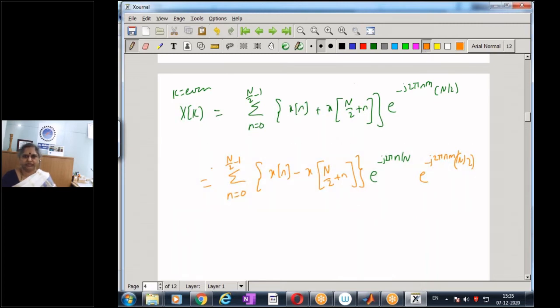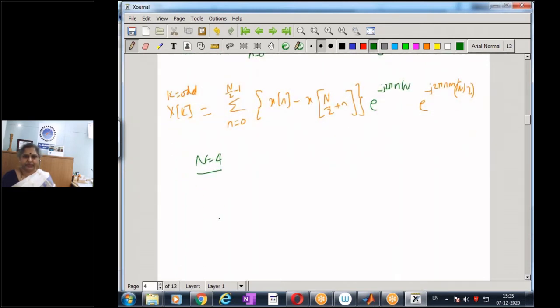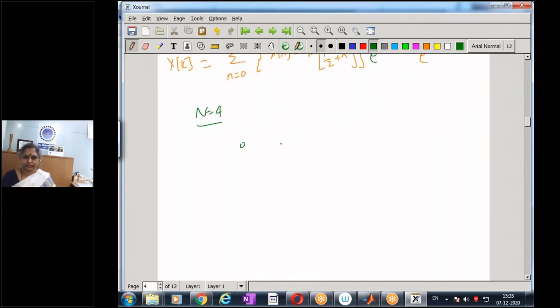This is what we have got for k odd. Now let us try to convert this equation into a suitable signal flow graph for a 4-point DFT. Let us take N equal to 4. So now I am going to have my four